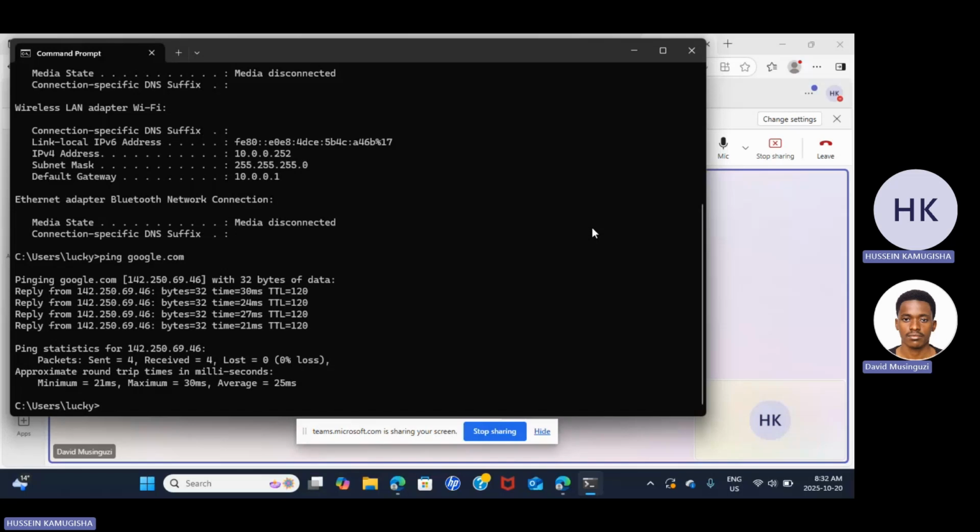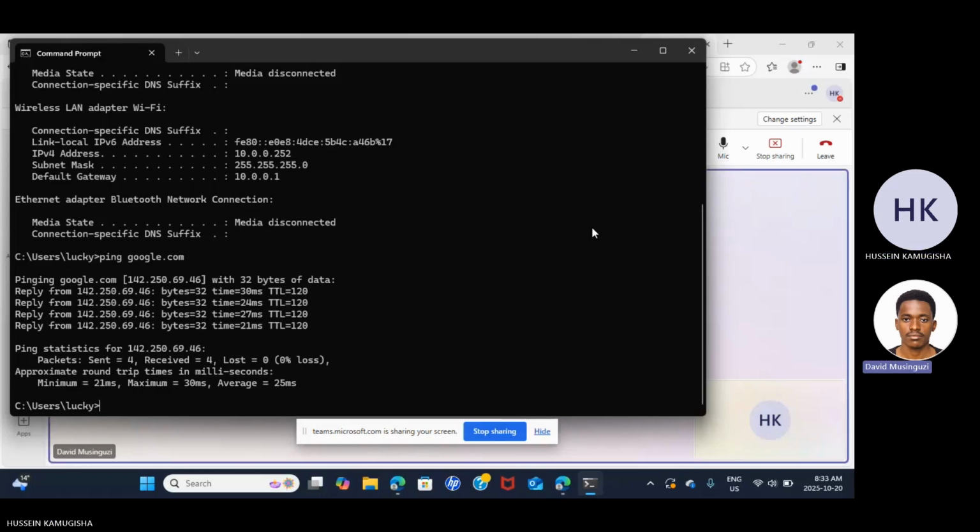So the main issue there will be a DHCP issue. You remember DHCP? It's the one which gives each computer its IP address. In most cases, maybe the computer has already been given an IP address, or maybe the DHCP is no longer giving out IP addresses, or it has a problem and has not assigned them well.